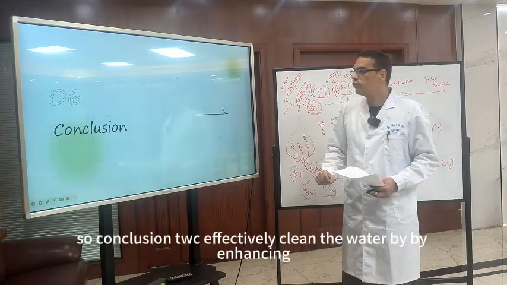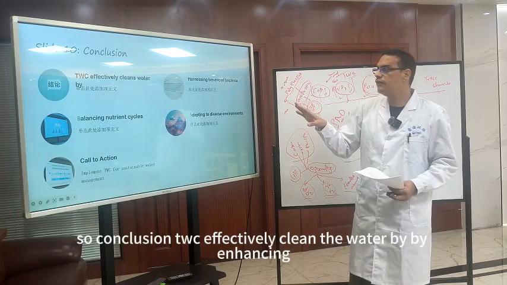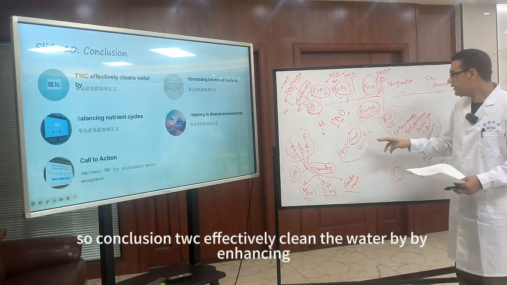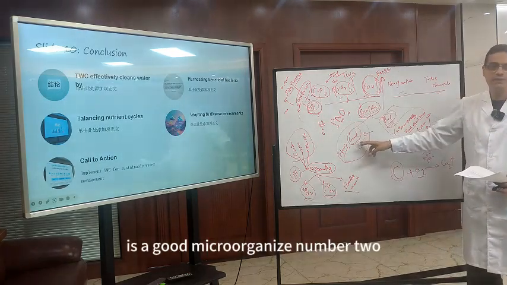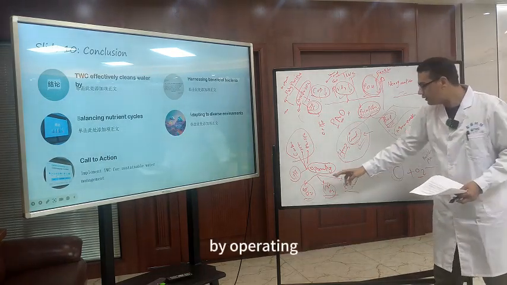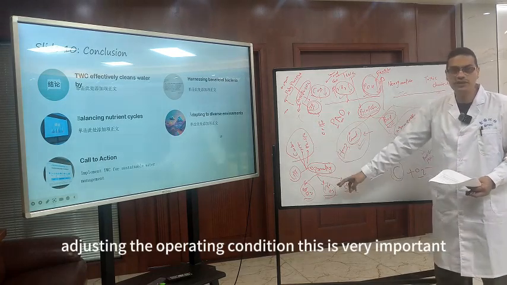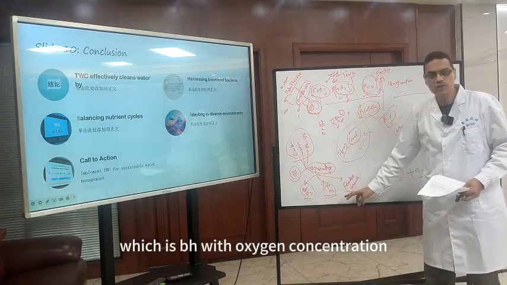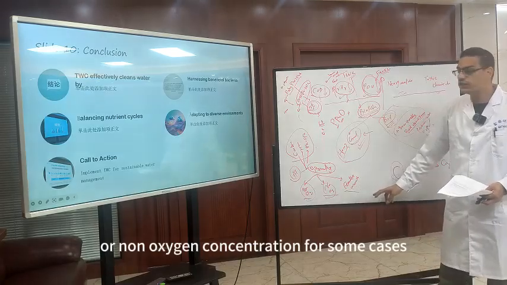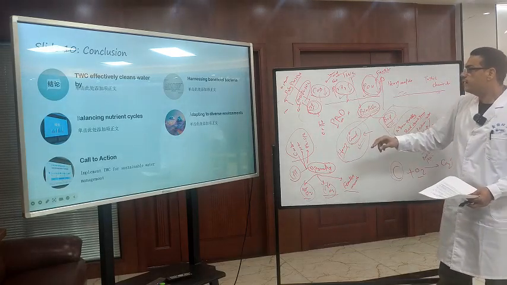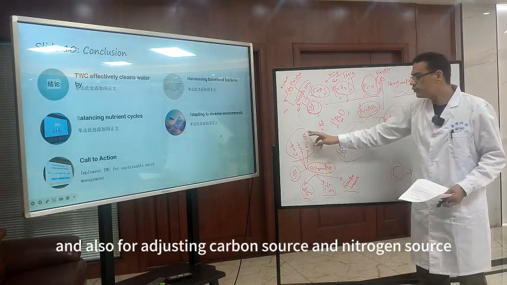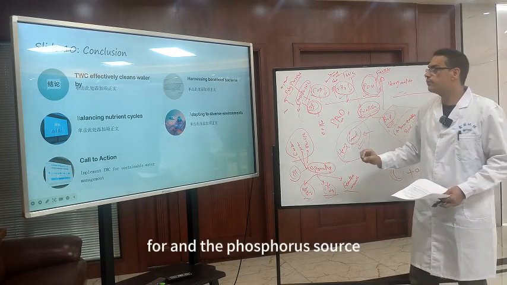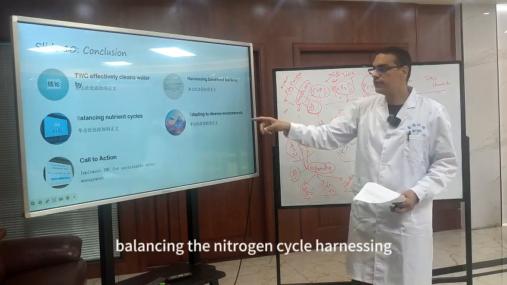Okay. So conclusion: TWC effectively cleans the water by enhancing the good microorganisms. Number two, by adjusting the operating conditions. This is very important, which is pH, oxygen concentration or non-oxygen concentration for some cases, and also adjusting carbon source and nitrogen source and phosphorus source. Balancing nutrient cycle,